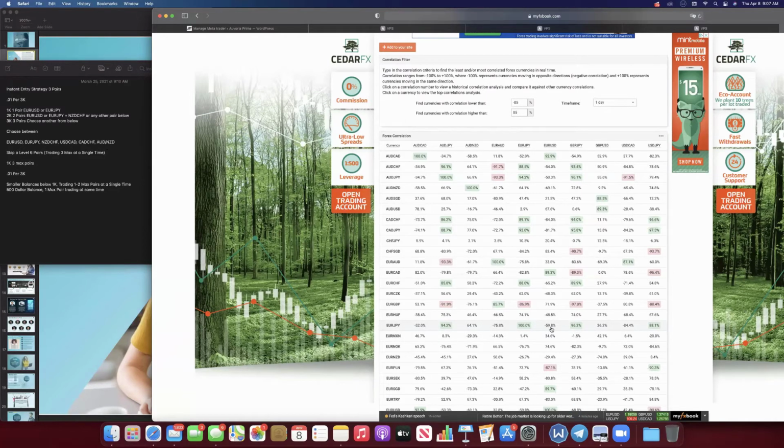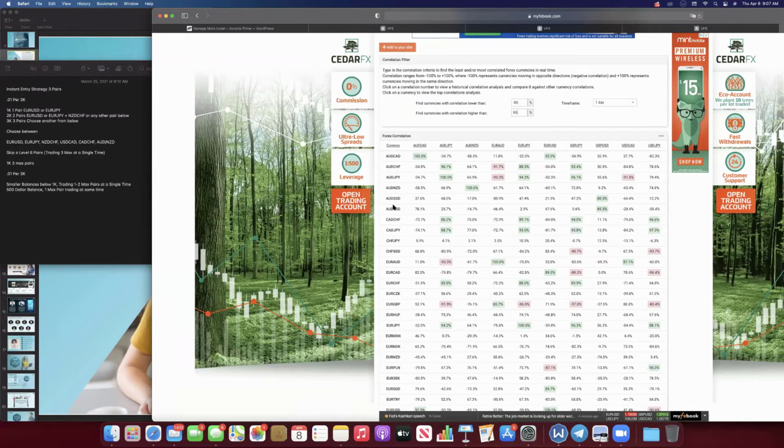All right, they're fine to run together, right? Their correlation isn't that high and they're not connecting that well. So EJ, perfect. Or I mean, EJ and EU, not UJ. Don't trade UG or UJ. USD JPY is not ideal anymore for strategies like this. All the JPY pairs, for the most part, besides EJ, are just not ideal right now.